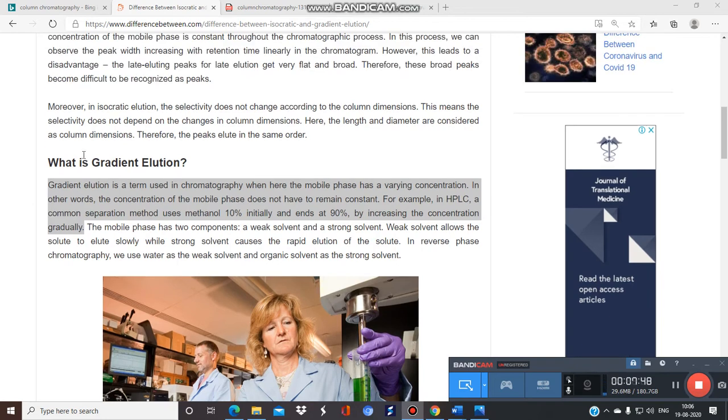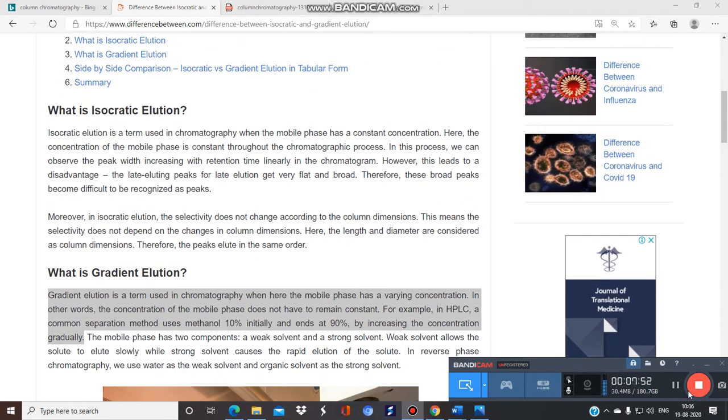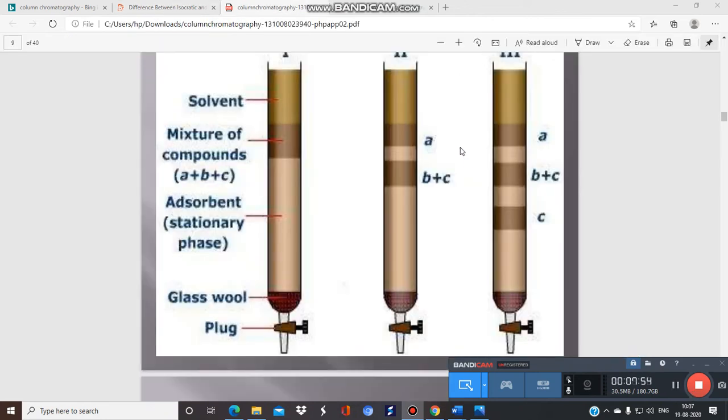Okay, it also depends upon the sample that you have to isolate, or separate, or you can say purify. So see again, first of all you have to put cotton wool here if this column is not sintered. In column chromatography, you need two things majorly: the stationary phase here, especially silica gel, and above the stationary phase you will add a mixture of components, and above it you will add a solvent.